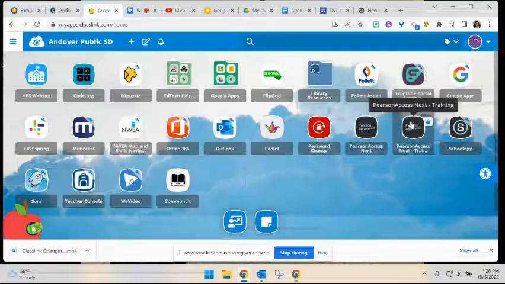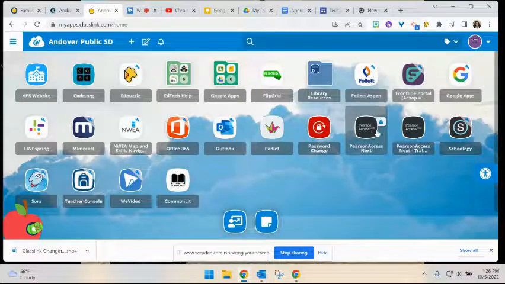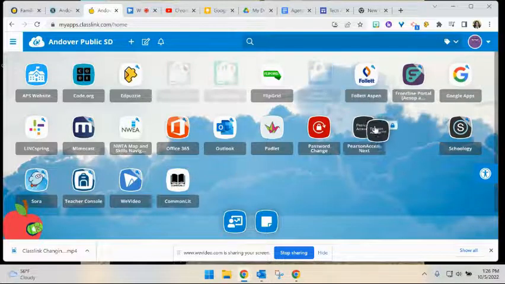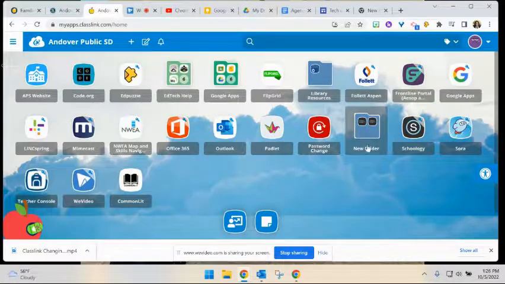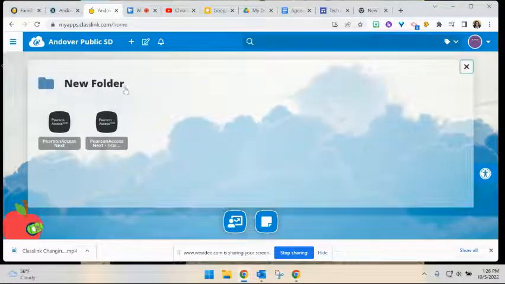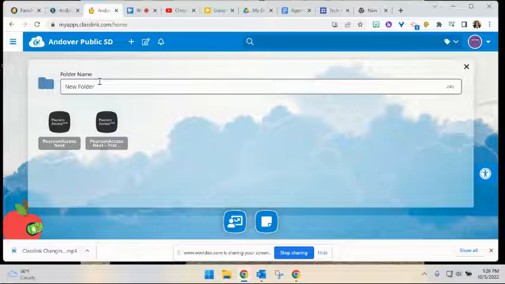You can also take an icon, and I'll take this Pearson icon and combine it with another. The way I do that is to click and drag them on top of each other, and it puts them in a folder. So now I'm going to call this testing,